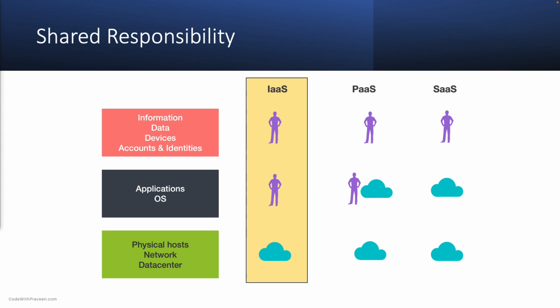Infrastructure as a service is a cloud computing model that gives users maximum control over their cloud resources. With IaaS, Azure maintains the data center's hardware, network, and physical security. At the same time, the user is responsible for everything else, including the operating system, configuration, maintenance, network configuration, database, and storage.